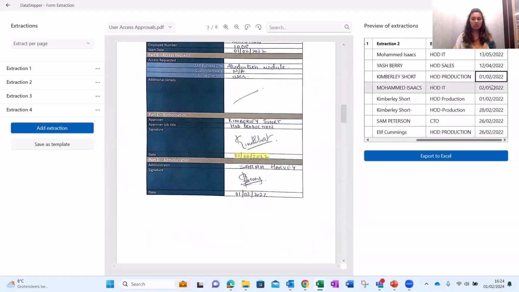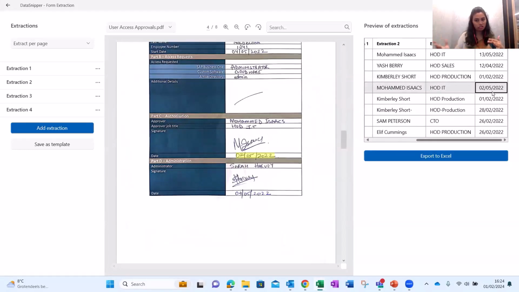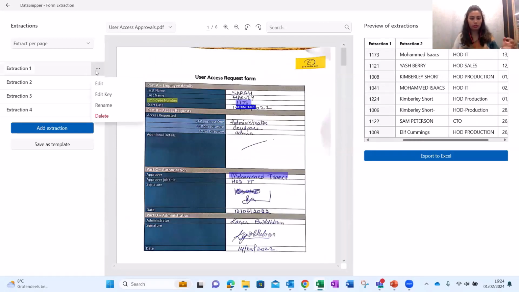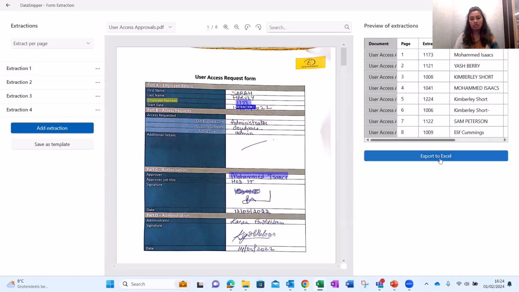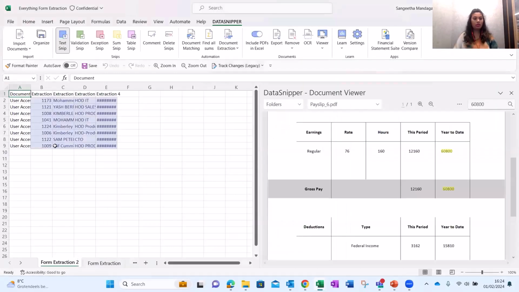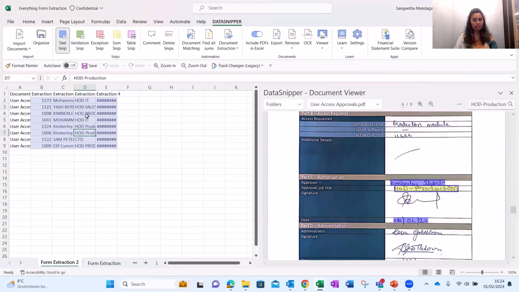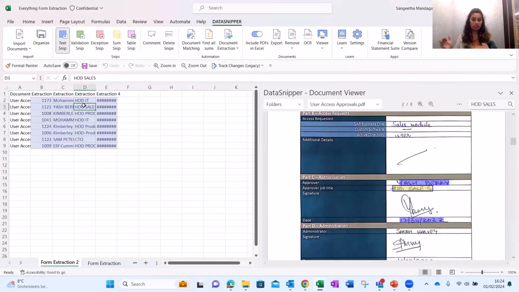Yeah. So you can just play around, change the key, trial and error. And then once it's complete, as I mentioned before, you have an option to edit the width of the extraction key or even rename the column so that it looks more structured. And if you want to delete any extraction that was not required, you can also delete that. And by just clicking on export to Excel, now you have the details extracted to Excel, and you can just copy paste this to your user access testing or any of your testing work paper and continue with your procedure